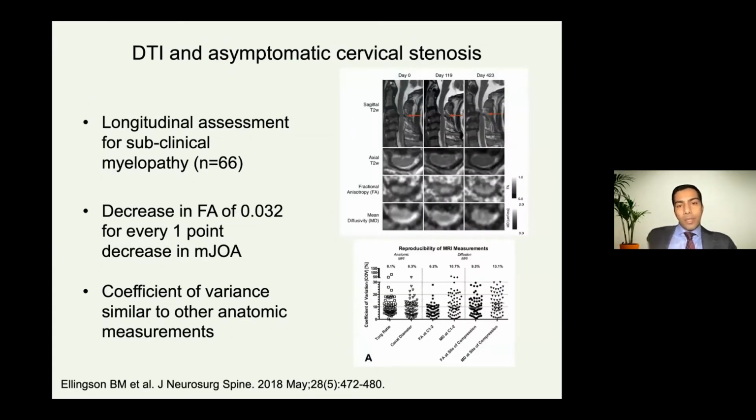This was a study from UCLA where they looked at it a little differently. Here they got longitudinal assessments. They got serial MRI scans and DTI scans for patients over time. There were 66 patients. What they found was when the FA drops by about 0.03, the mJOA decreased by approximately 1 point. So there was a link between structure and function. More importantly, this study highlighted the reproducibility of MR measurements. The coefficient of variance for DTI metrics like FA and MD were comparable to what you would use for TOG ratio or canal diameter. So there is some evidence that these measurements are reproducible. There is some variance, but that variance is not different from what we would see with conventional MRI